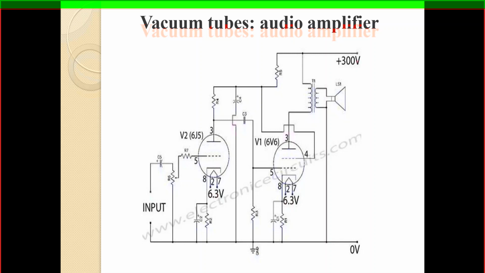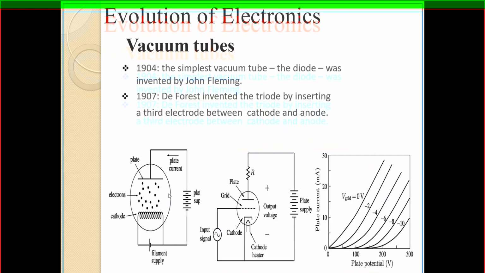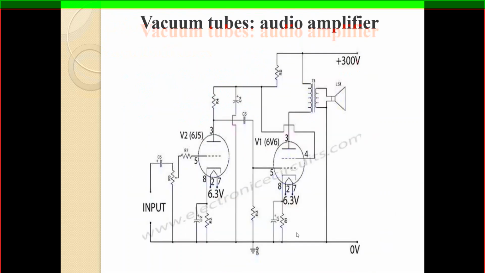Directly connected through the heater, 6.3 volts is provided for channel 1 and 6.3 for channel 2. For both the inputs or both the stages, the diagram is repeated after this C4 capacitor. This is the diagram for the vacuum tubes and the supply voltage. That supply voltage you can convert through one capacitor, and this capacitor is internally connected to another grid.